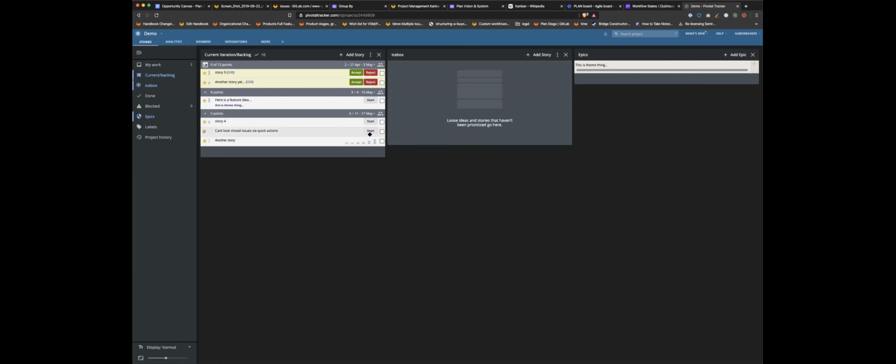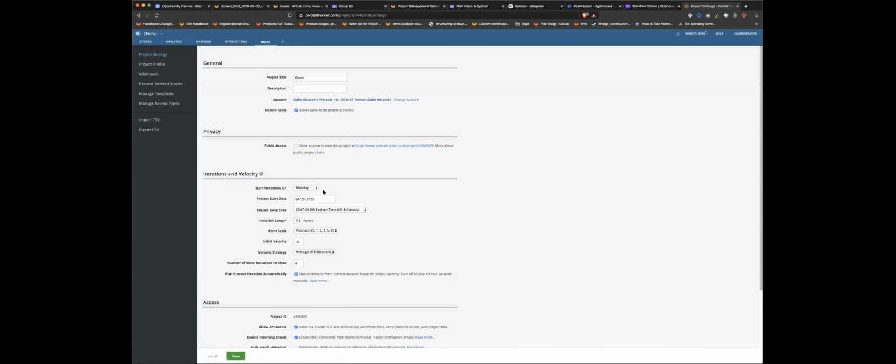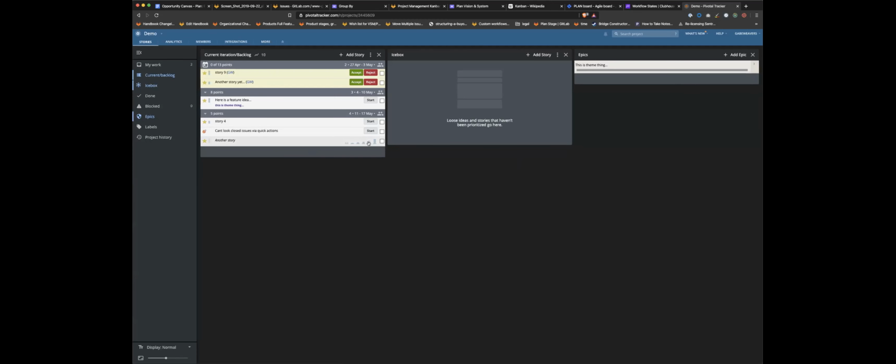Yeah, you can't start. So if you notice here, this is the story point scale, and you can set it up on a per project basis. So I think you can go into more settings, and you basically pick when you start your iteration, when the project starts, time zones, how many weeks long they are, initial velocity, and then what your point scale is. So because you do that, it will basically force you to estimate it before it can be started,